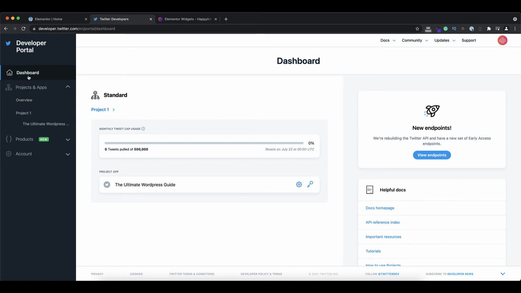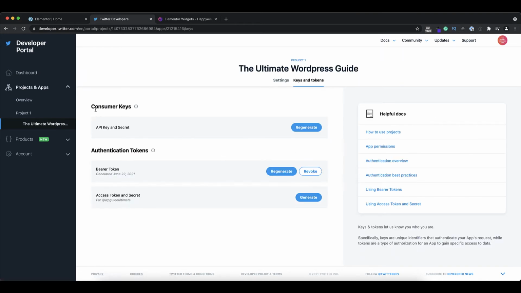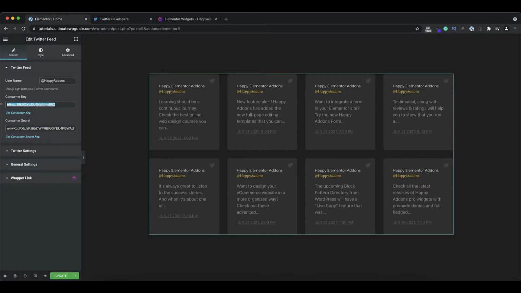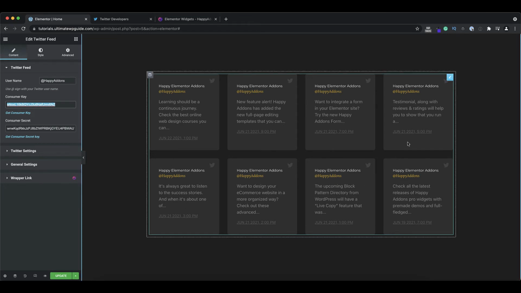And under the Twitter developers account, you need to have created a project app. Within that project app, there's an area called keys and tokens. This is where you'll find your consumer keys. Under the API key and secret, you click on regenerate. It'll regenerate, or generate for that matter, the two keys that you need, the consumer key and the consumer secret key, which you need to paste in this area, and that will display the Twitter feed